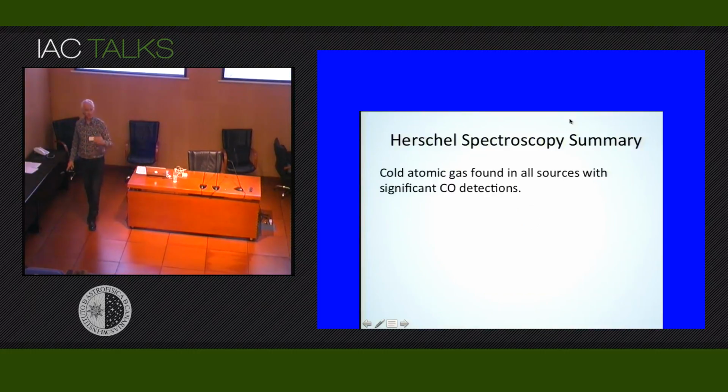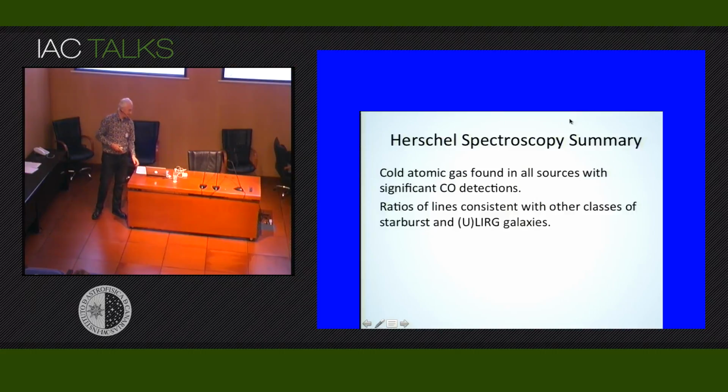So what did the Herschel spectroscopy tell us? It tells us that the atomic gas is there. It's a very large potential gas reservoir traced by these atomic lines, and it correlates very well with the CO detections. So the cold atomic and cold molecular gas phases appear to be correlated, at least globally,